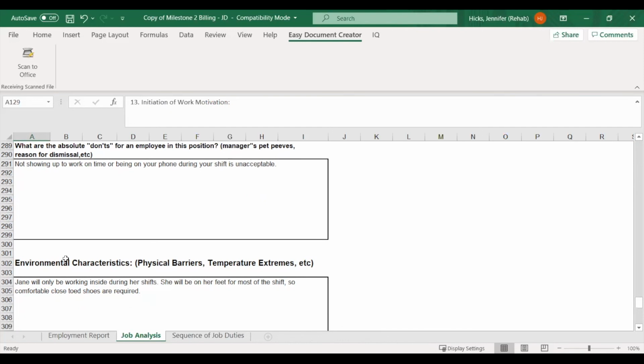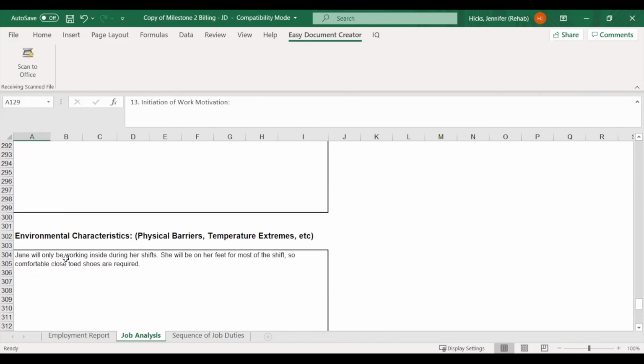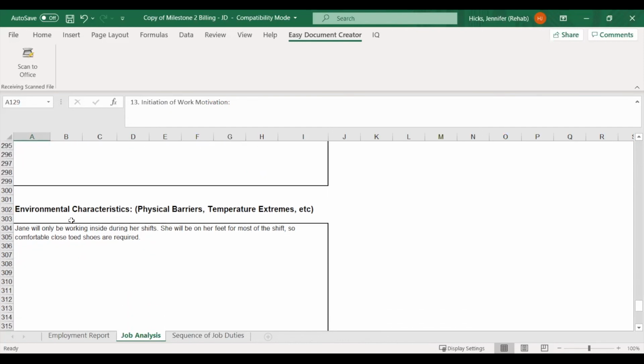Moving along on environmental characteristics. This is the physical barriers, the temperature extremes. So we put Jane will be working inside during her shifts. She will be on her feet for most of the shifts, so comfortable closed-toe shoes are required. But you might have somebody that works in lawn and garden at Home Depot, and you might want to put that the temperature can be hot or really cold, it could be rainy.